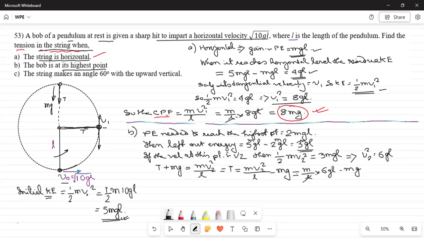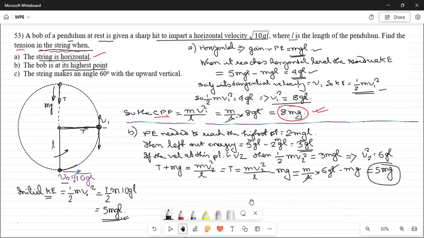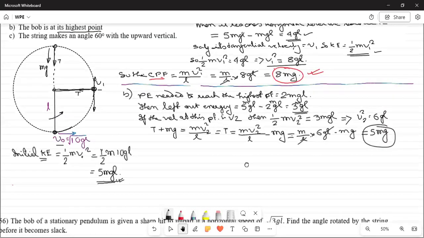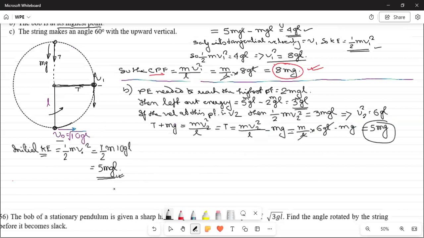Here, this L and this L gets cancelled. So you have 6mg minus mg. That is equal to 5mg. Second answer. There is a third part of the question for which I need a little space here. Third part of the question is,